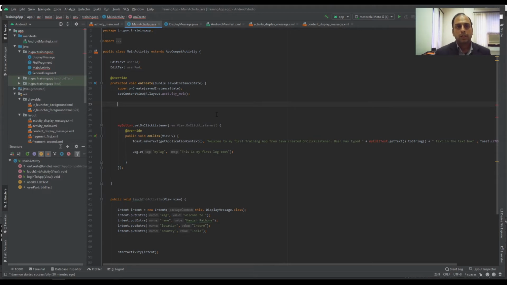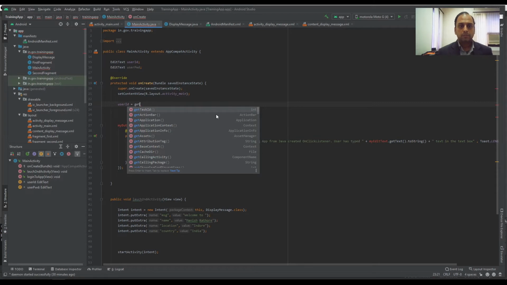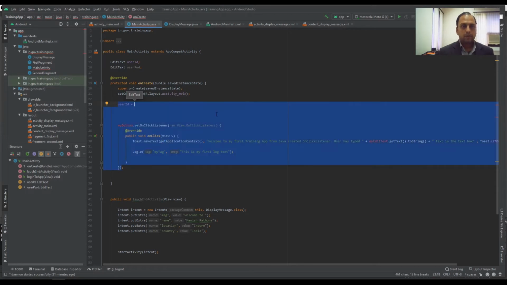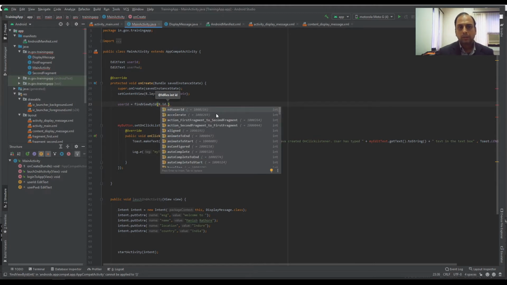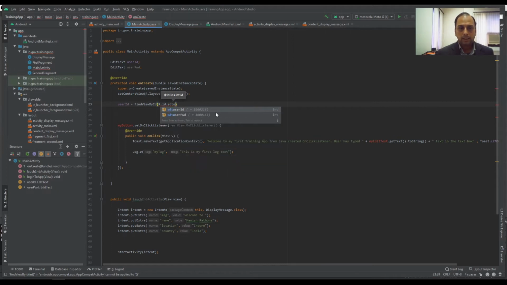So how it is done: user ID is equal to find view by ID, R dot id dot, what is the ID of the edit text that we have given for user ID, it is edt user ID.